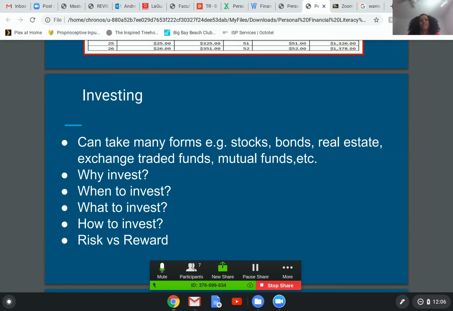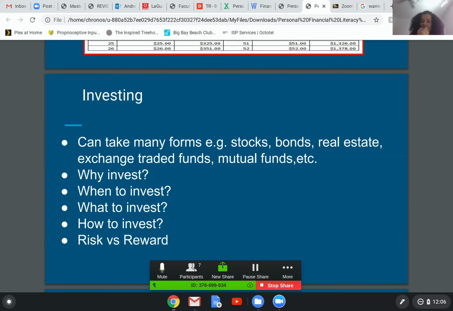I think the first step I would say is, just like we did the budgeting, you build your budget, you see what you have in excess, you build up your 3 to 6 months of emergency funds so that if anything happens to you, you'll be able to still cover your expenses for that amount of time until you get another job. And then, with whatever excess funds you may have left over, you can then decide if it's something that you want to do to invest.